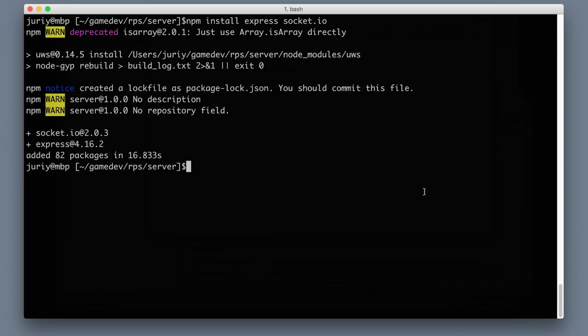Done. One more little module that I want to install in this project is called Nodemon. Usually when you change something in the server-side code, you need to restart the server. And what I hate doing is going back and forth from the console to the IDE to restart the server over and over again. So what I will do, I will install npm